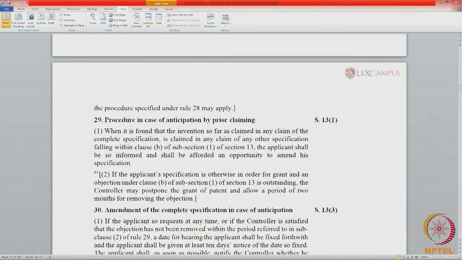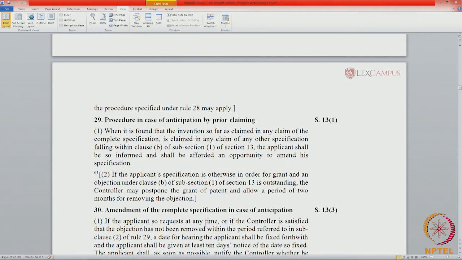It need not be a claim. Whereas in 29, there is an existing claim. So in 29 we are talking about a claim to claim comparison. So it is much more specific. There is no need for anyone to read a document, understand the scope of the document, interpret the document. Here it is just claim to claim mapping.